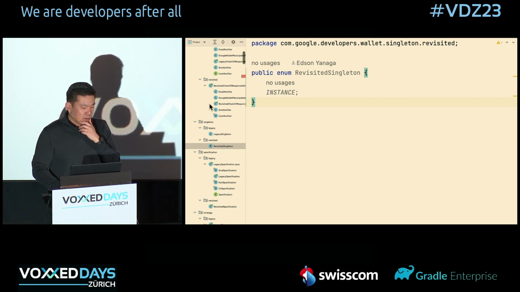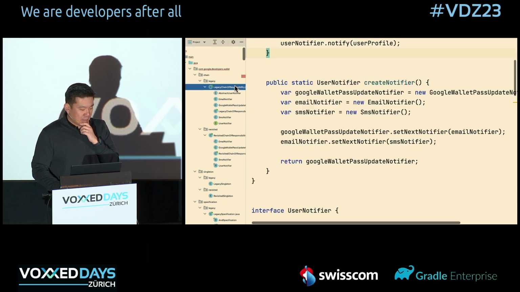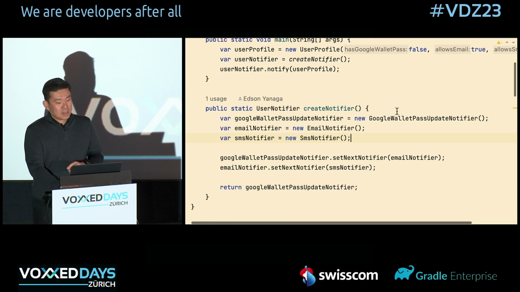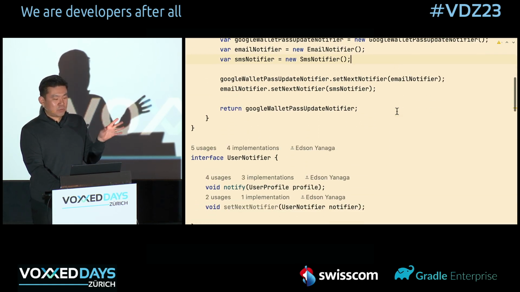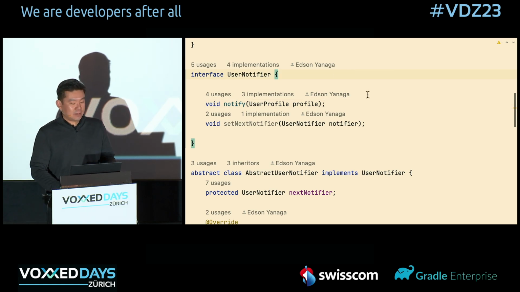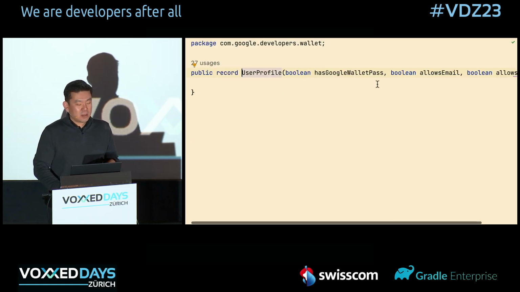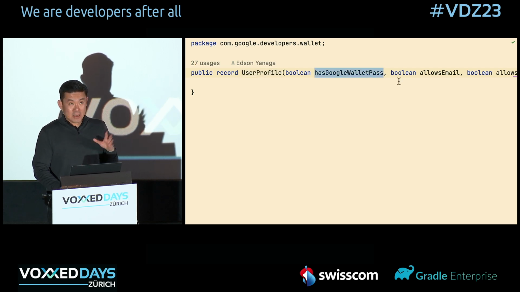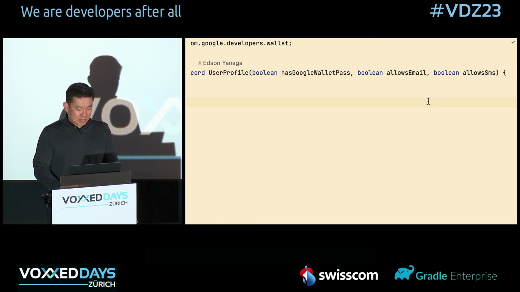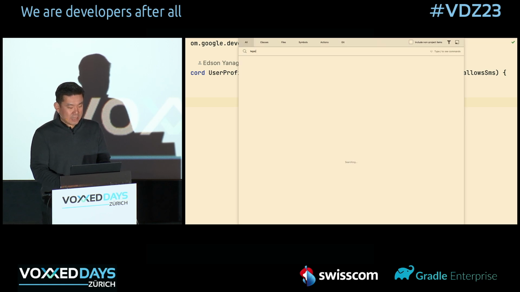What else can we do? We can also try, for example, a chain of responsibility. The legacy one, the chain, you get straight from the design patterns book. You have created, for example, a user notifier based on a user profile. For example, a profile, I just created a record with some properties. For example, if the user has a wallet pass in their phone, if they allow email notifications, or if they allow you to send an SMS. So if you go to the legacy